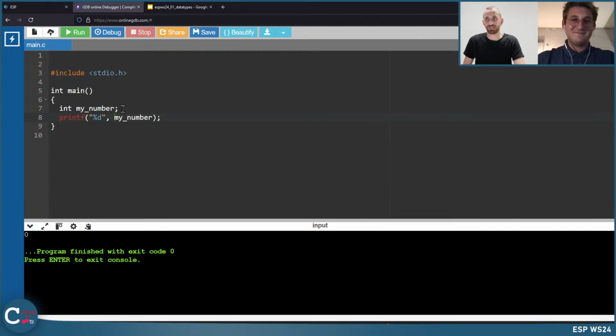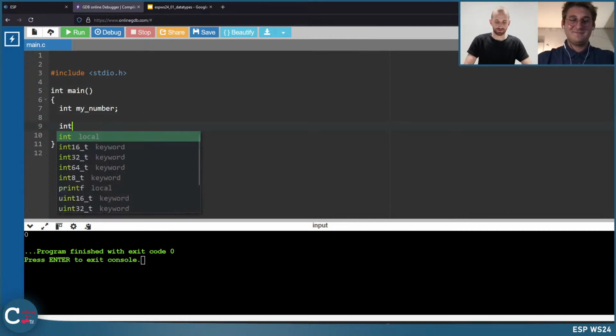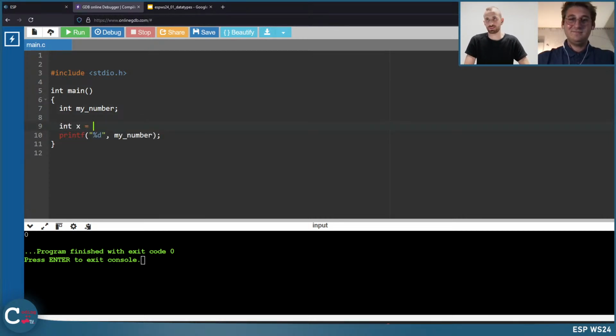Yeah. And it might be that you write something like x is my number divided by 2, whatever. So you don't really know what this is. It can be 0, but it's not guaranteed. And then you have another variable which is dependent on this. So you're getting more and more in trouble.